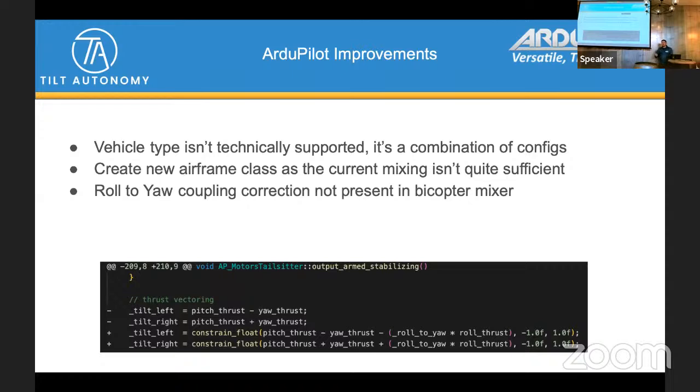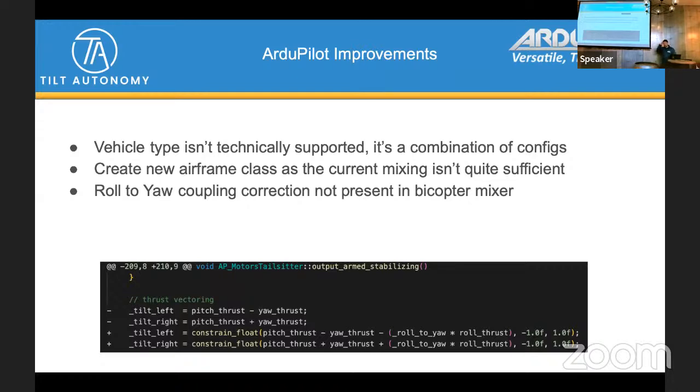If you've ever used, I can't remember the name of the flight code now, but it was on a KK2 board and it was specifically made for VTOLs. They had something similar where you could basically define this rotation matrix in a big matrix of all the possible gains and rotations that you could ever want. It can get pretty messy because you're basically doing all things for all people. But the good news is you can do all things. So it's complicated to set up and complicated to get right, but it does add a lot more flexibility.